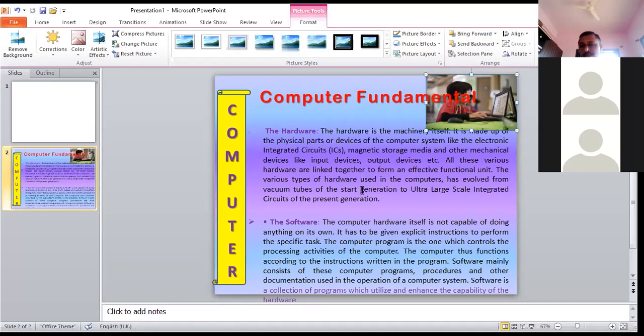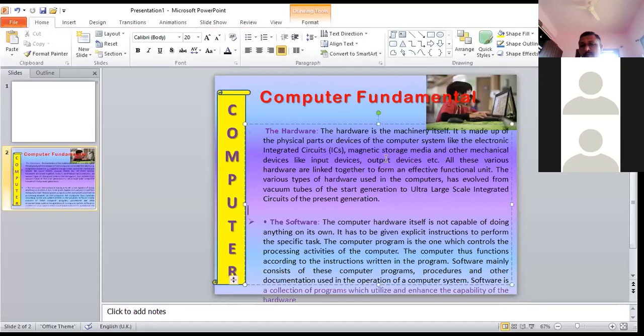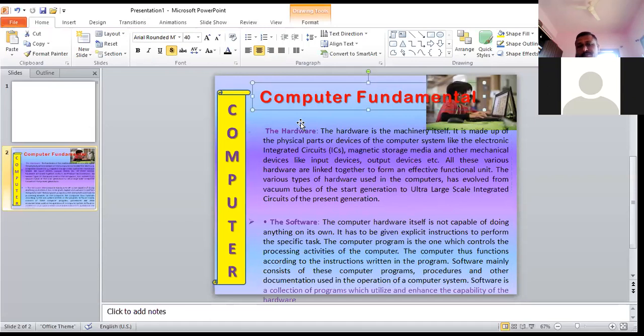So in this way, you can shift the picture behind the text. Now you are able to see both things. Multiple things are there together. You can see the text also, with the picture also there, and this text can be readable. So this is the way you can go for applying the format for it, and you can complete one of the projects while using the home tab.